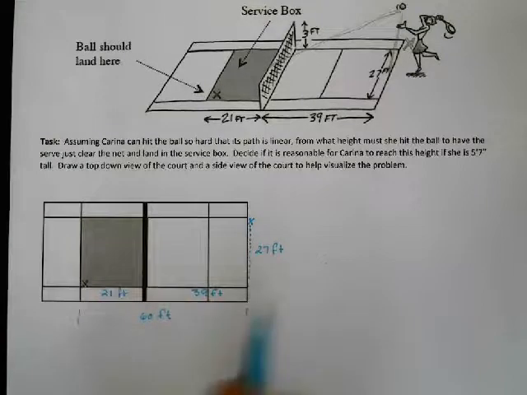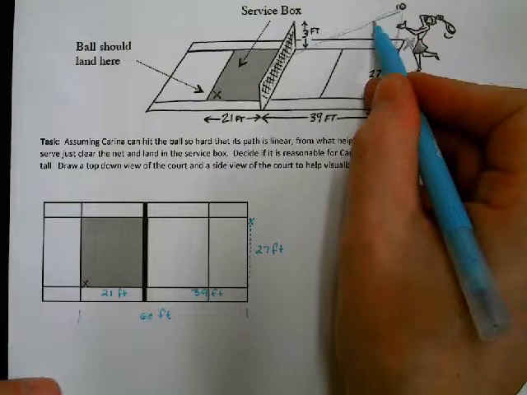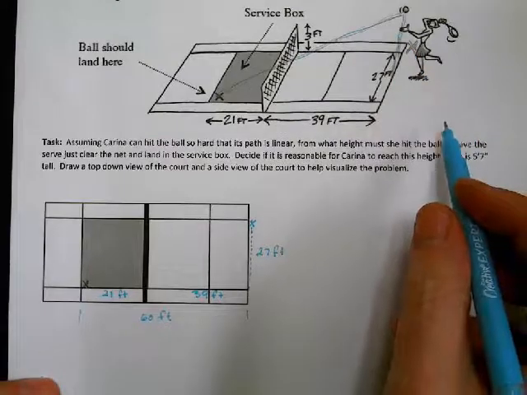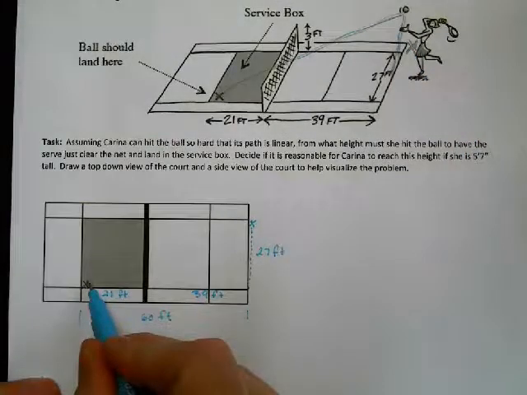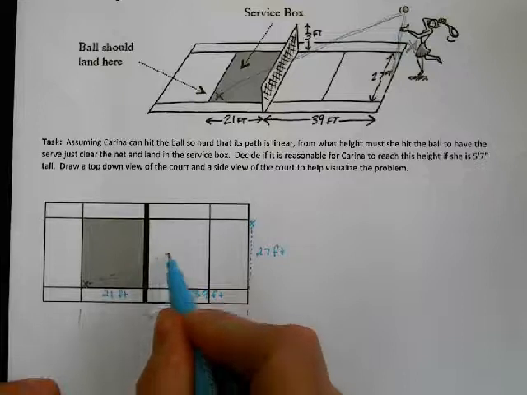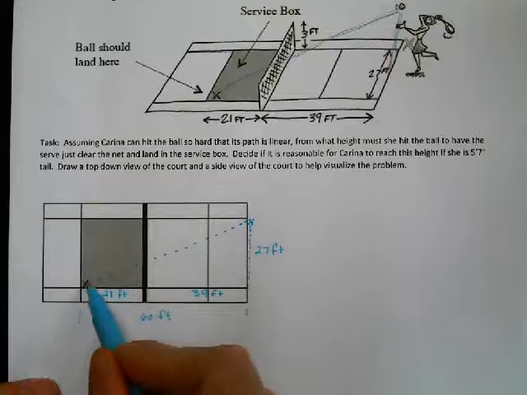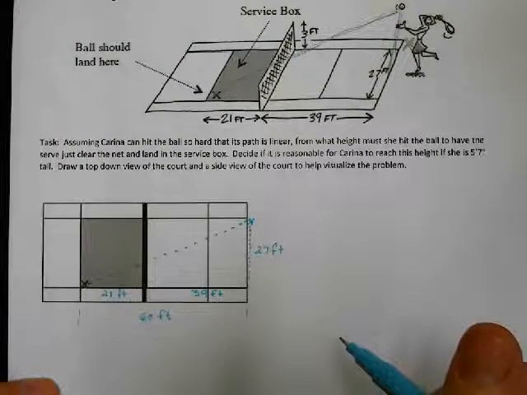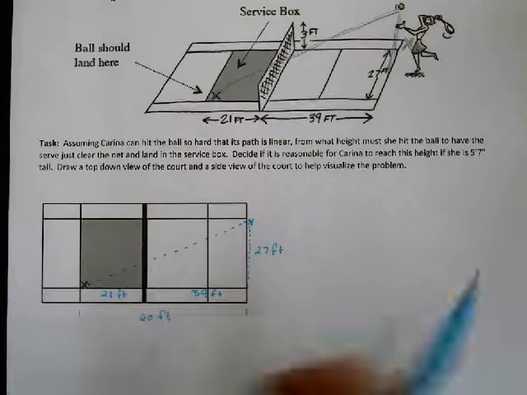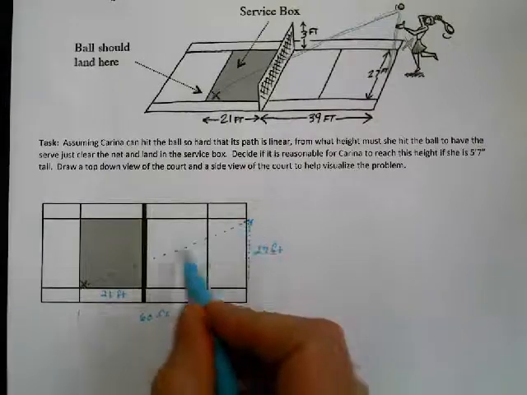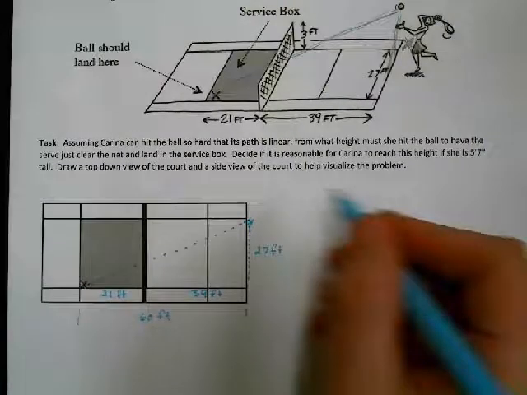All right, so we need a couple things. We need to find the path that the ball needs to travel. So here's the ball traveling this path. We're looking at something that's kind of three-dimensional here. So I want to find out the total distance on the ground from where she hits the ball to where the ball lands over here. That looks like a right triangle right there. So I can use the Pythagorean theorem on that right triangle. She's going to hit it from here, and this is the path of her ball. So I would just do